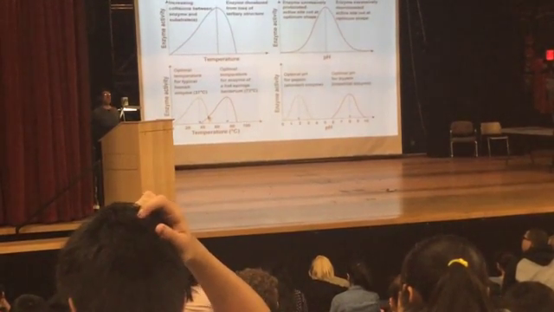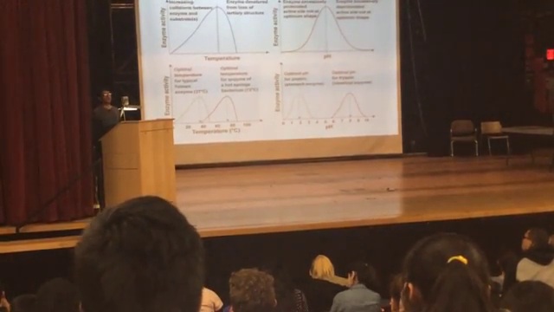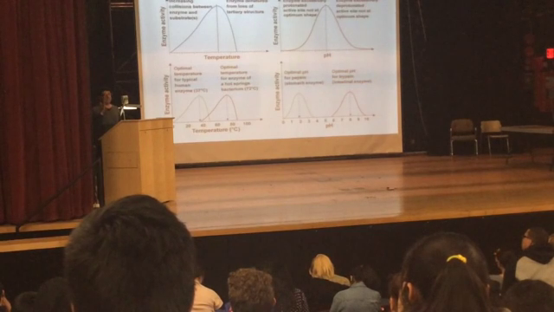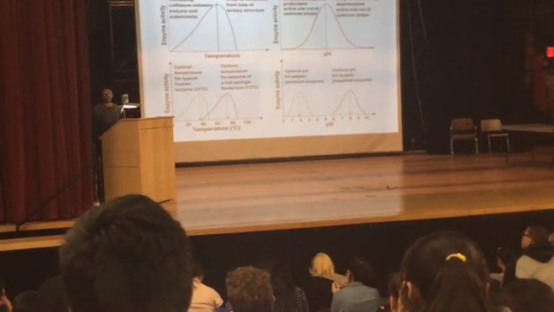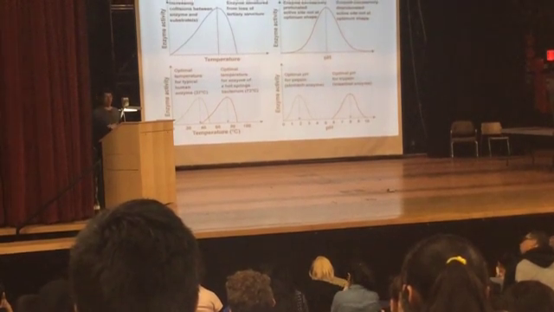Your enzymes are denatured. As your proteins are denatured, you die. So if you have like a 1 degree fever, that's okay. That's actually helping your immune system. But if your fever is 104 degrees Fahrenheit, you want to bring the temperature down because you're beginning to denature